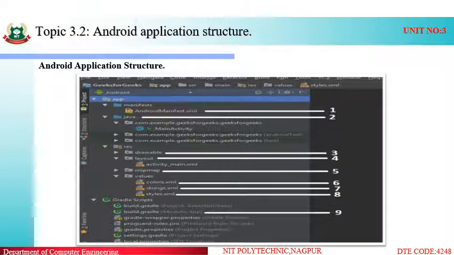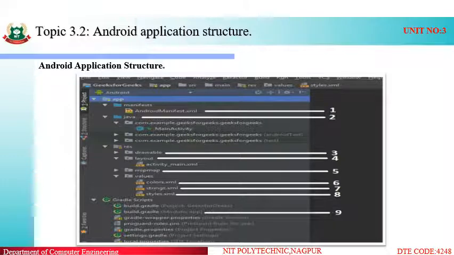As we can see, in our application there are different types of files stored in our project folder. Project means app folder. Our app folder consists of different files, listed from number 1 to number 9.